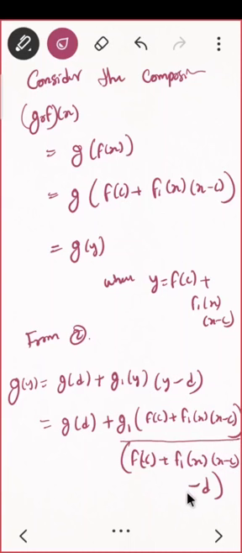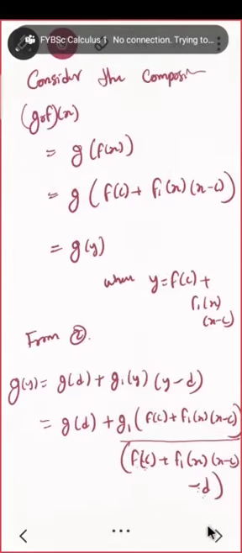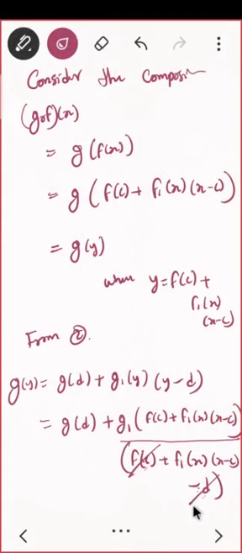Here I'll be getting something. Here we multiply. What is this? What is d? f of c. So this will cancel, do you see? This is f of c and this is minus d. You already gave d equal to f of c, so this d and f of c will get cancelled actually. Is that okay?